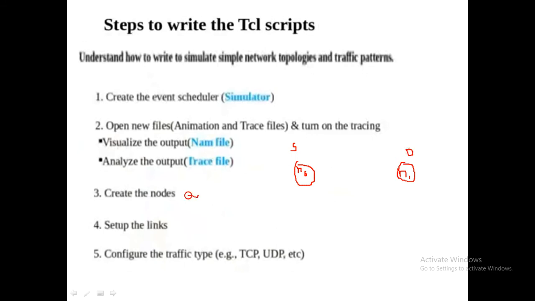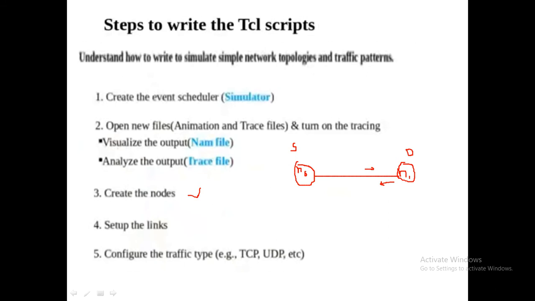Just by creating nodes nothing is going to happen. What we have to do is set up the link. Now I will write one link here. Now this is our link, right? Let us say full duplex. Full duplex means the source can send some data, and the destination also can send some data. So we are going to create a full duplex link. There are a lot of other parameters that will come too. When we say this is a link, what should be the bandwidth? All the settings will come here. So we are going to set up the link.